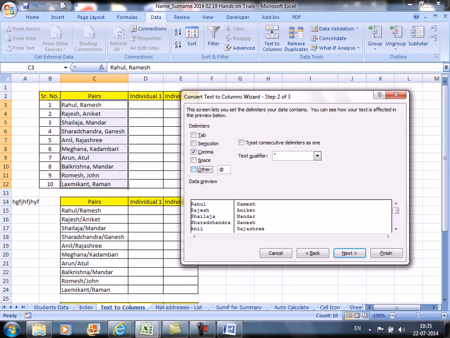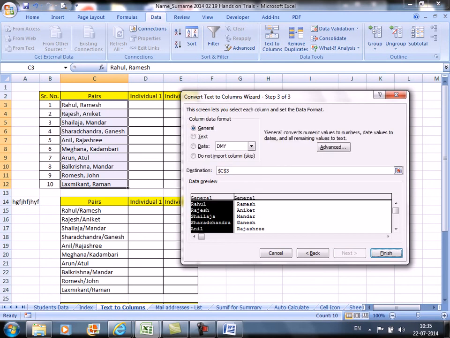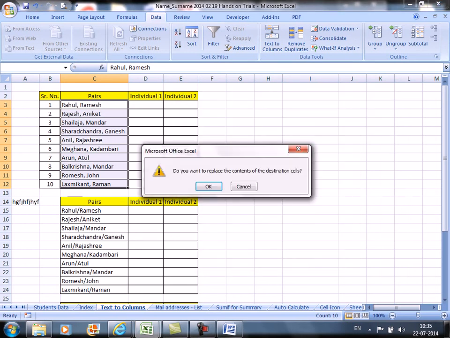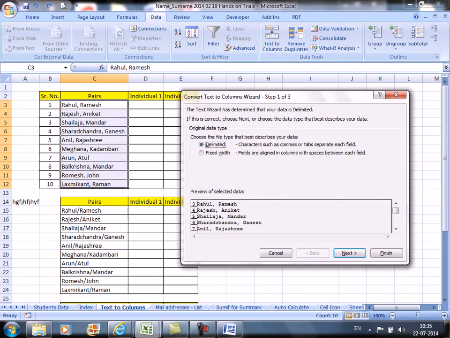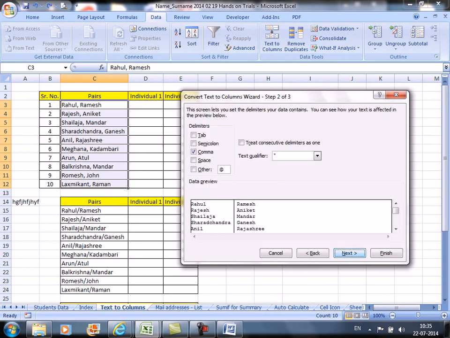Whatever you have already selected, deactivate it. Go to next. If you click on finish here itself, it will overwrite and disturb whatever the earlier list is. So you have to select the destination.